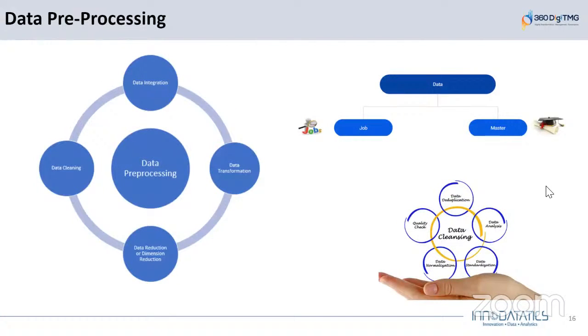Data pre-processing. This involves data integration, data transformation, data reduction, and data cleaning. Data integration. This is a process of bringing data from disparate sources together to provide users with a unified view. The raw data file contained a lot of data, so we focused on the column "Are you working?", which was filled by the students. It had two options, yes and no, and we split this data into two separate files